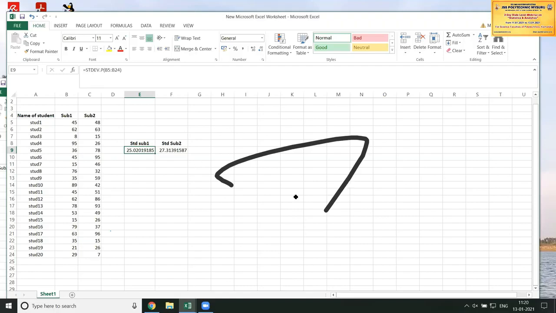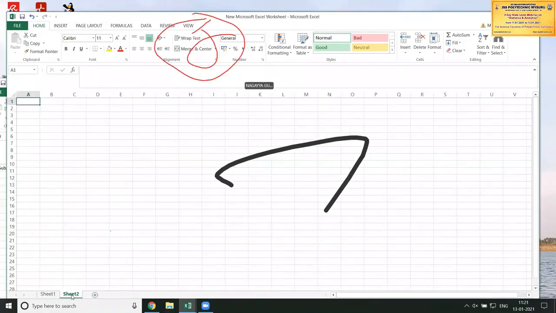So now for the 17th program, I'll do it in the next sheet in the same workbook. For that, I can click here at the bottom. Click here, you will get the next sheet. So in one workbook, we can have any number of sheets inserted. Like in Word, if you have a number of pages, the same way in Excel also, in the same workbook, you can have any number of worksheets.